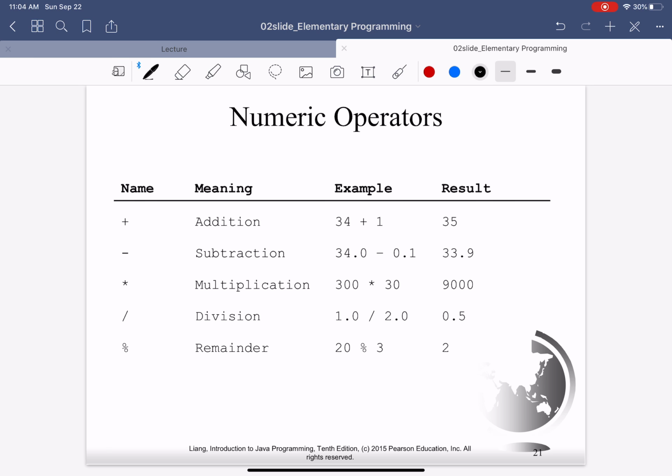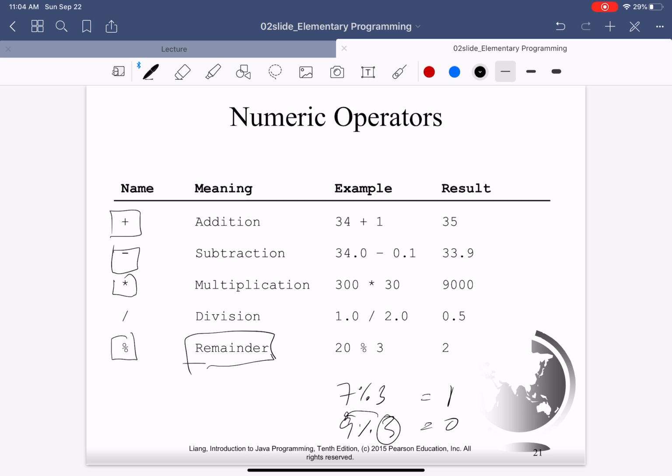Okay, a few numeric operations. So there is add, subtract, multiply, and modulus, which basically tells you the remainder, as this says. So the remainder of 7 by 3 will equal 1, and 9 by 3 will equal 0, because 3 goes into 9 three times, so no remainder. 3 goes into 7 two times, so 1 remainder. So if I do division,